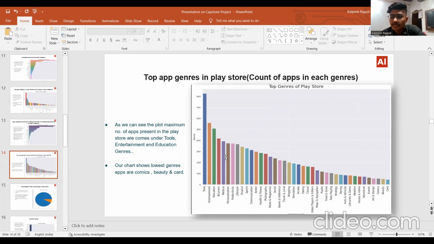We can see that cards, beauty, and comics have the least number of applications available on the Google Play Store. The maximum number of apps present in the Play Store come under the tools, entertainment, education, and genres. Our chart shows the lowest genres of apps are comics, beauty, and cards. Moving to the next slide,